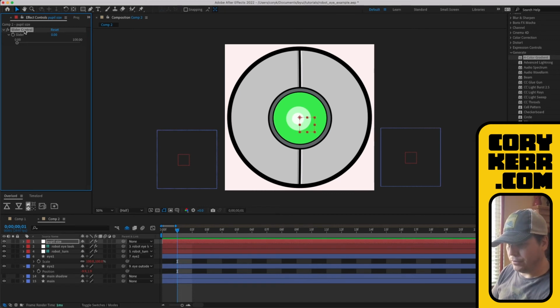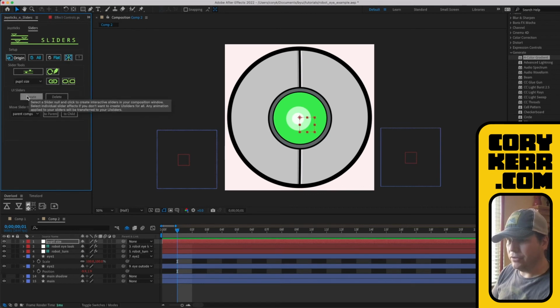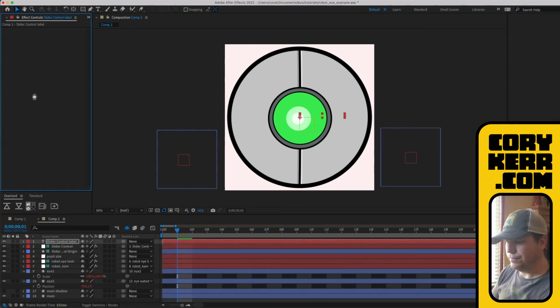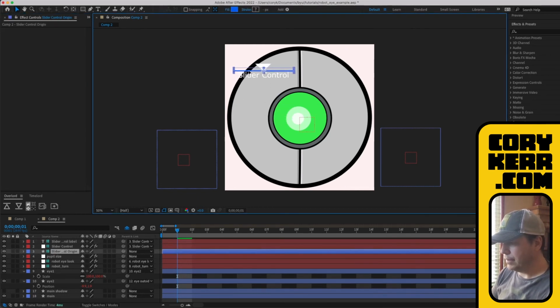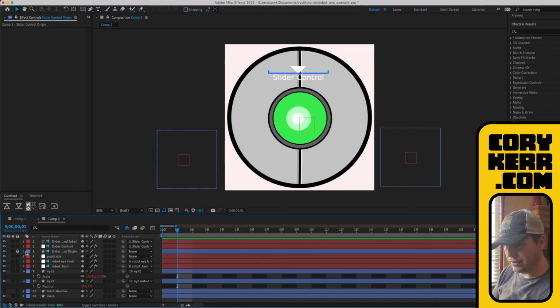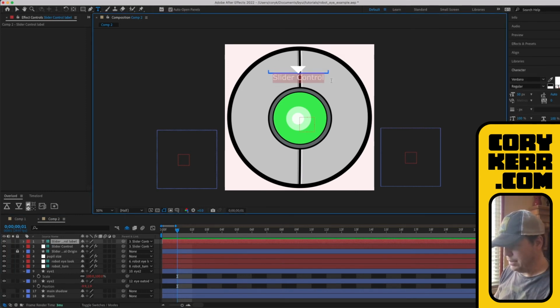But I can also grab this, and I can go back to my joystick, okay? And there's this button that says Create UI Sliders, okay? And it creates this like slider control. So I can kind of move that where I want it. I can just move it, you know, I'll just put it right here for now. That's fine, okay? And then I don't need to move that anymore, so I can lock that down. Okay, I can rename this to whatever I want. So I can come in and use my text tool. And I can call it pupil size if I want. Okay, and then I can lock that down.